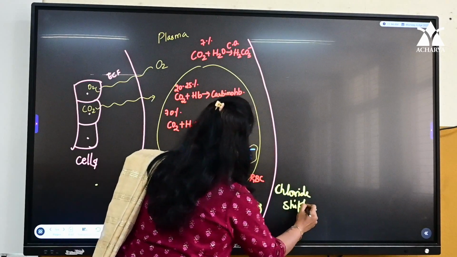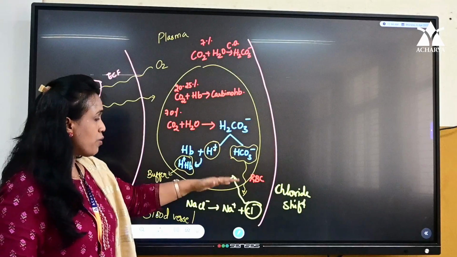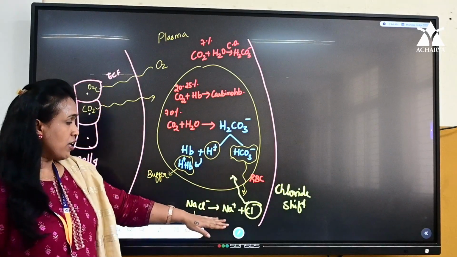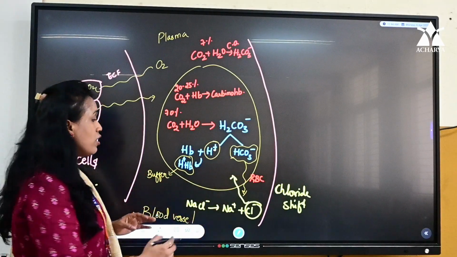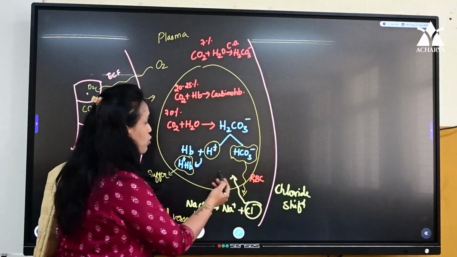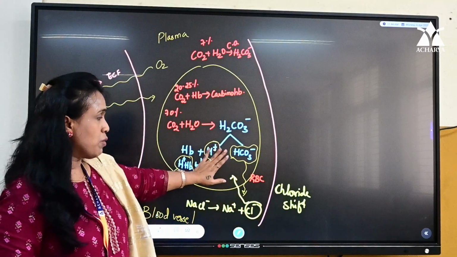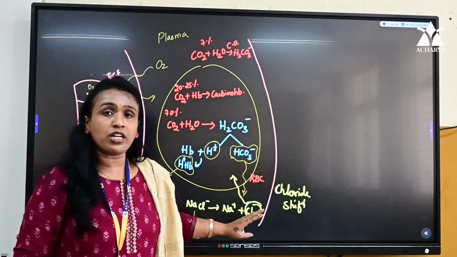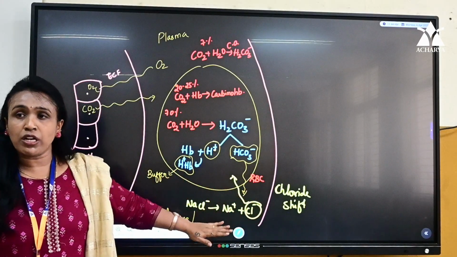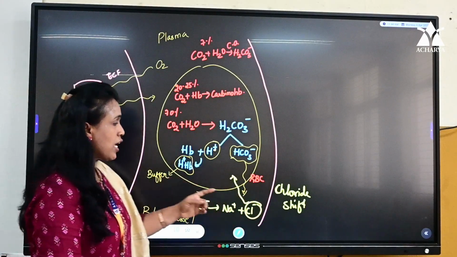What happens when HCO3 minus enters into the plasma of the blood? The chloride ion will move into the cytoplasm of the RBC. Chloride is shifting from the plasma to the cytoplasm of the RBC, and we call it